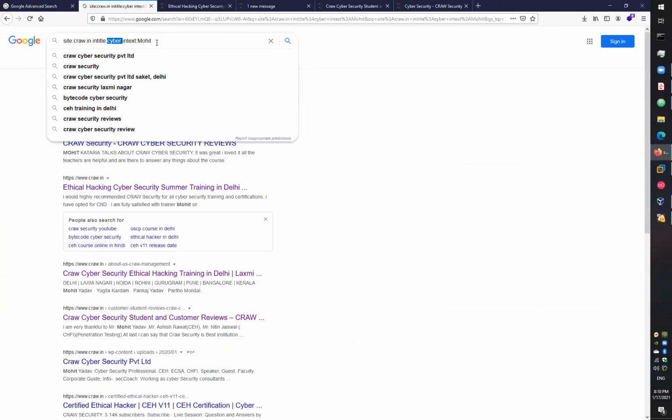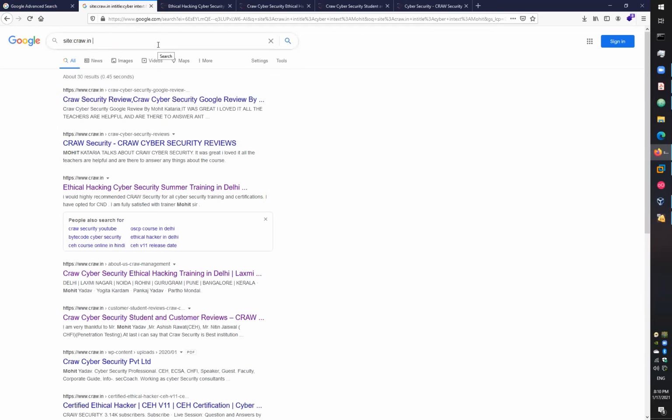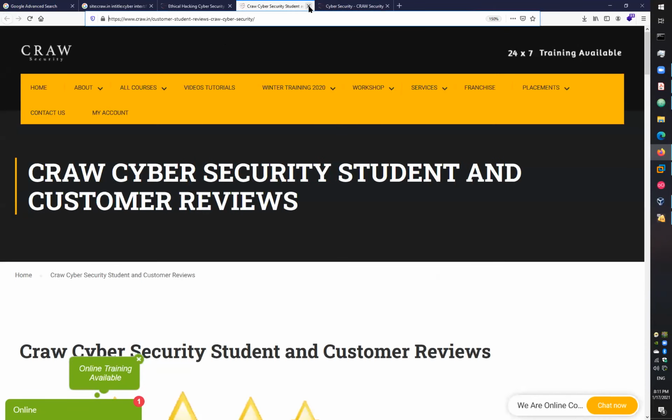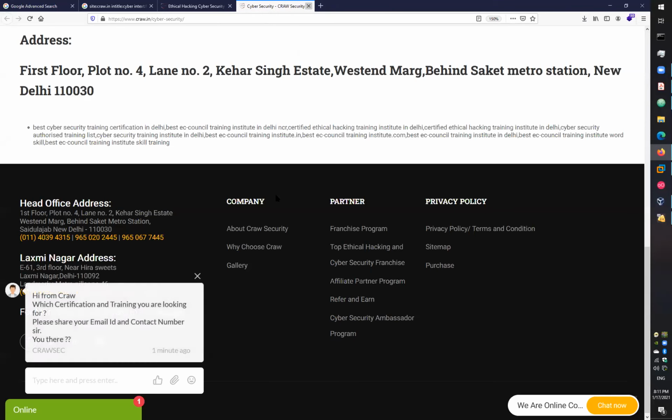right? The Google Docs are just filters you can apply on the search results. You can restrict your search results if you are looking for a file. Like if I'm looking for a PDF, or you are looking for an Excel sheet, then you can apply some kind of filters like file type, and you can specify the file extension: PDF if you're looking for a PDF, XLS if you're looking for an Excel file, PPT if you're looking for a PPT. Google has only specific extensions which you can search for.